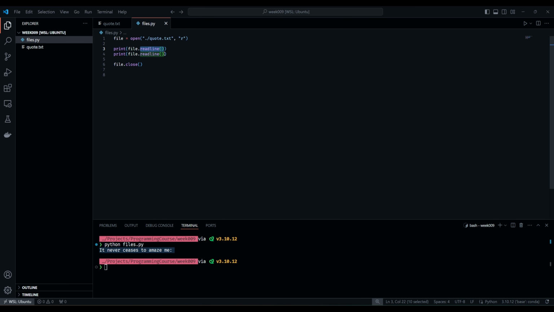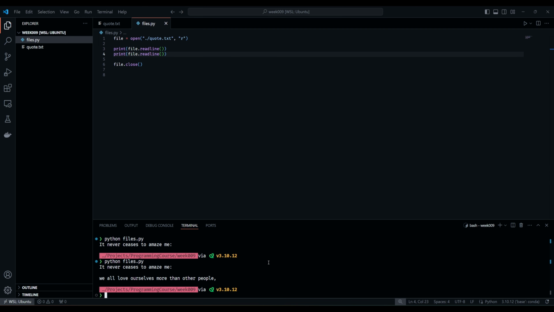There is a pointer which goes through the file, and then if we read the first line, we remember where we are right now inside of the file, and the next call of readline will give us a new